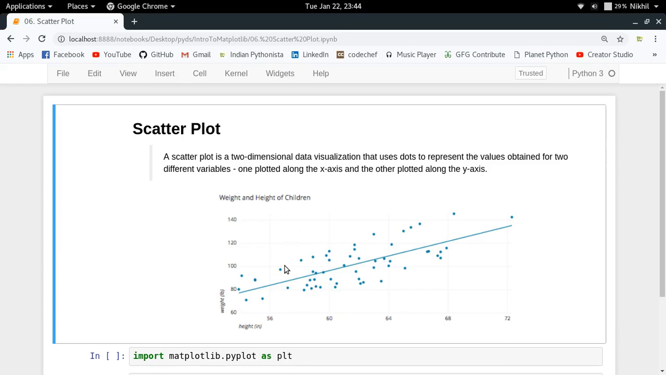of children. Each dot represents a child, and along the x-axis we get the height of that child, and along the y-axis we get the weight of that child. In this way we are plotting this data, and it gives us an insight that as the height increases, most of the people gain weight as well, right? This kind of visualization is called a scatter plot,